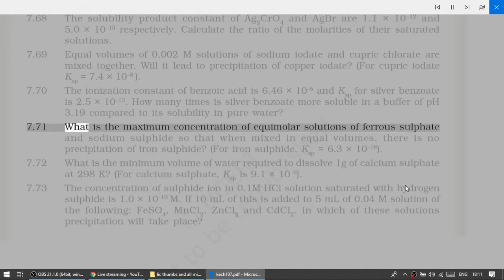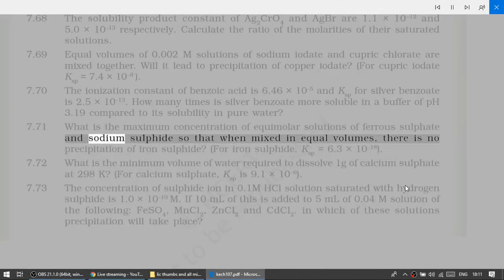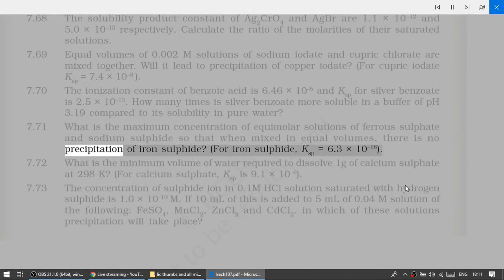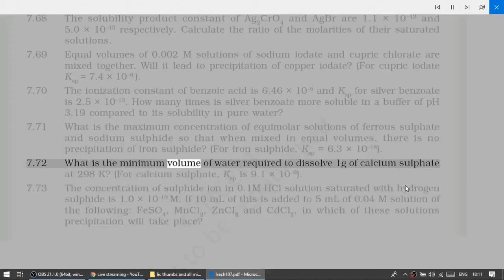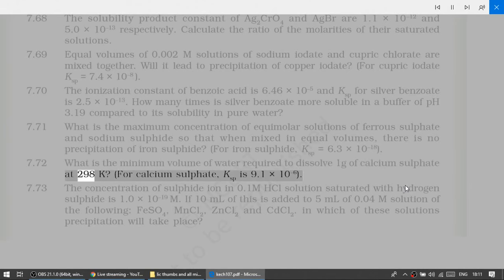7.71 What is the maximum concentration of equimolar solutions of ferrous sulfate and sodium sulfide so that when mixed in equal volumes, there is no precipitation of iron sulfide? For iron sulfide, Ksp is equal to 6.3 times 10⁻¹⁸. 7.72 What is the minimum volume of water required to dissolve 1 g of calcium sulfate at 298 K? For calcium sulfate, Ksp is 9.1 times 10⁻⁶. 7.73 The concentration of sulfide ion